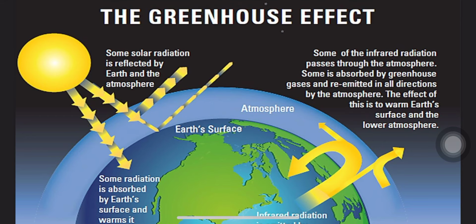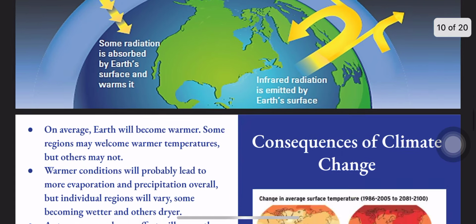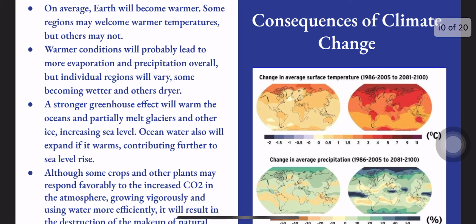Here is a diagram of the greenhouse gas effect. Consequences of climate change. On average, Earth will become warmer. Some regions may welcome warmer temperatures, but others may not. Warmer conditions will probably lead to more evaporation and precipitation overall, but individual regions will vary, some becoming wetter and